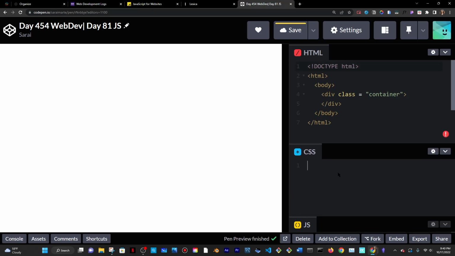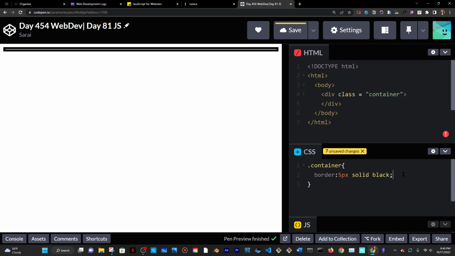I'm going to go to CSS and target the container using a dot because that's how we target classes, and then give it a CSS rule, which is made up of a property, border, and then values such as 5 pixels solid and black. So 5 pixels in thickness, solid line, and then black colored line. And then I'm also going to give it a height of 100vh, which stands for the vertical height of